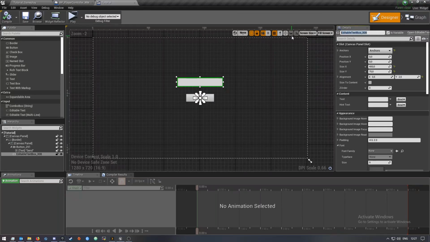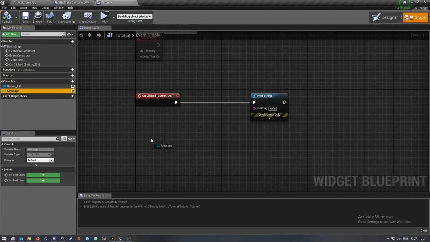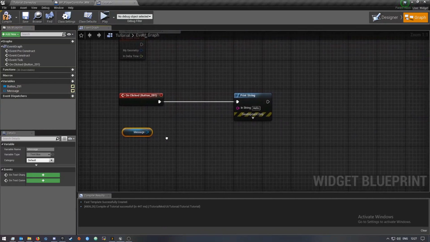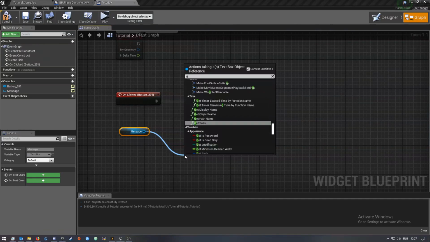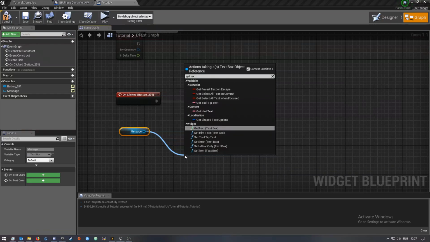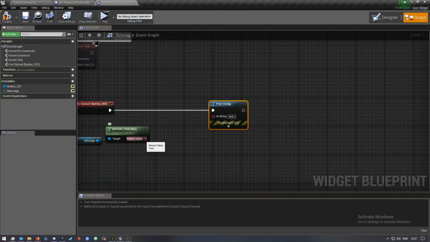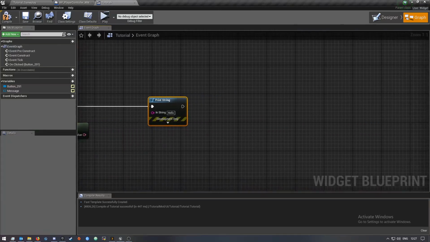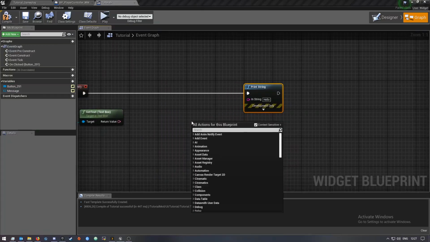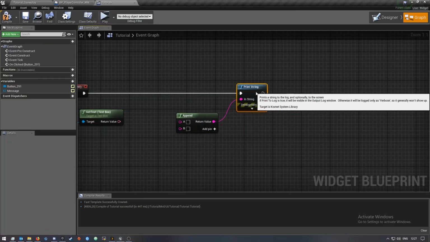So I'm just gonna make this message, compile, and then I'm gonna go to the graph again. And what we're gonna do is get our message text box, and I'm gonna drag off and say get text. And let's make an append. So you wanna right click, search for append. We're gonna connect this up,